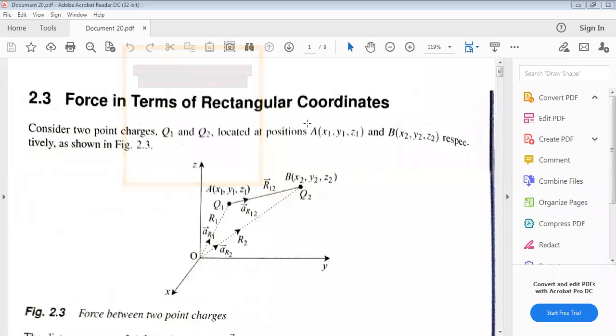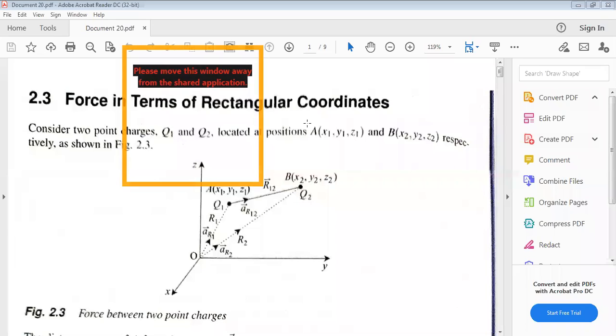Who invented this relation? Charles Augustin de Coulomb. Actually, he was a French army engineer. That's why it's named Coulomb's law. Remember that point. According to his opinion, the attraction or repulsion forces between the 2 point charges,